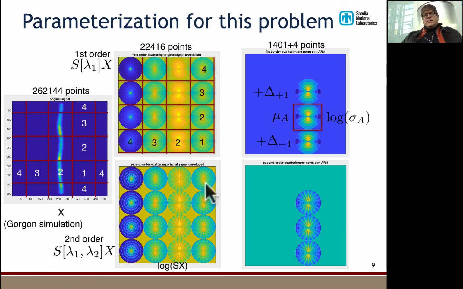But it turns out that we don't really need all this information. We can just keep these 3 quadrants. In fact, these 3 quadrants tend to look like each other, but with just some systematic changes from one to the other. So we also reduce the parameterization from 250,000 points down to about